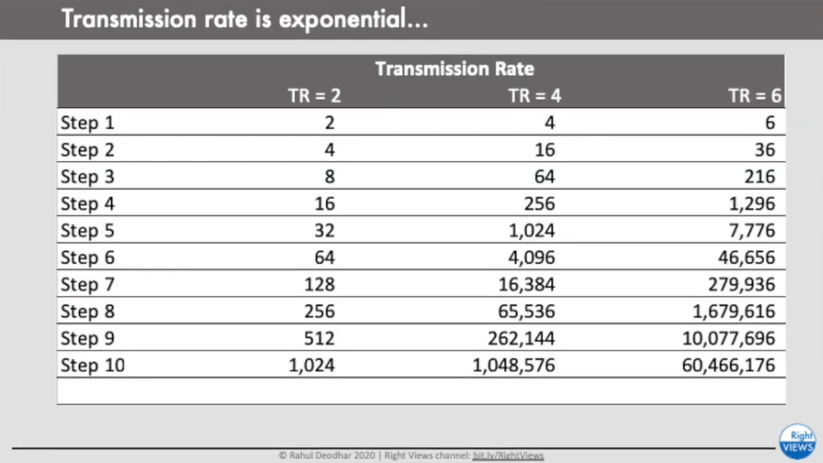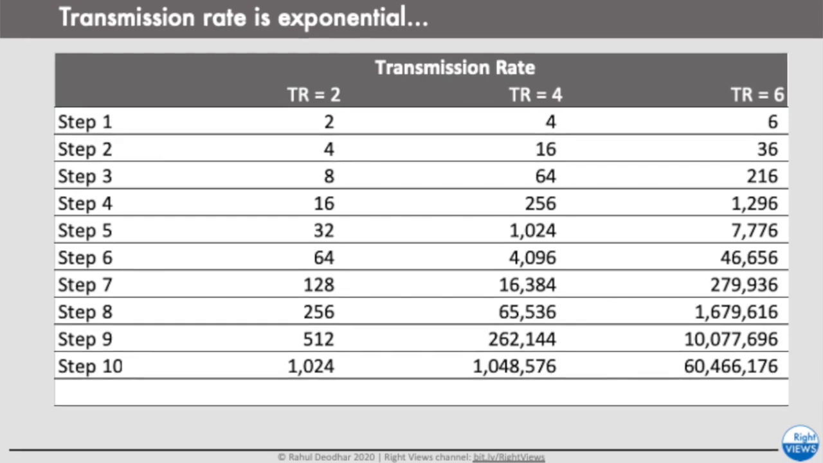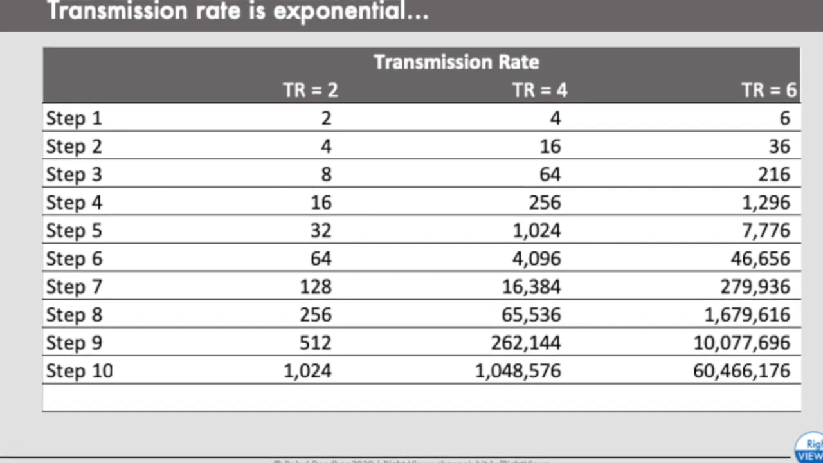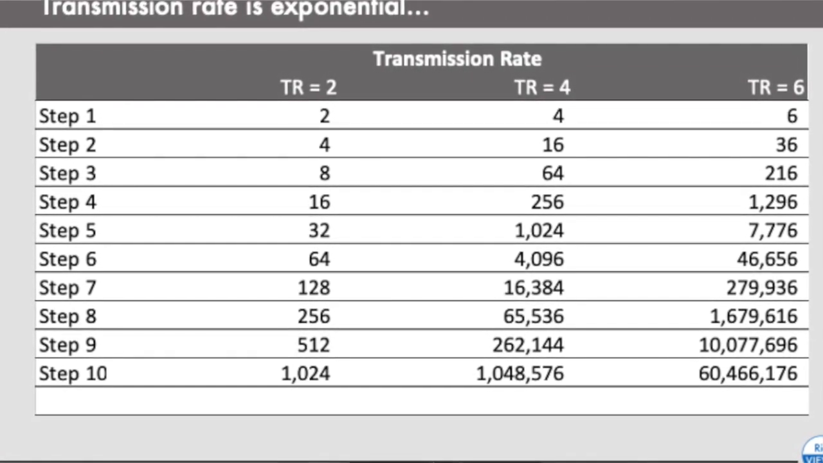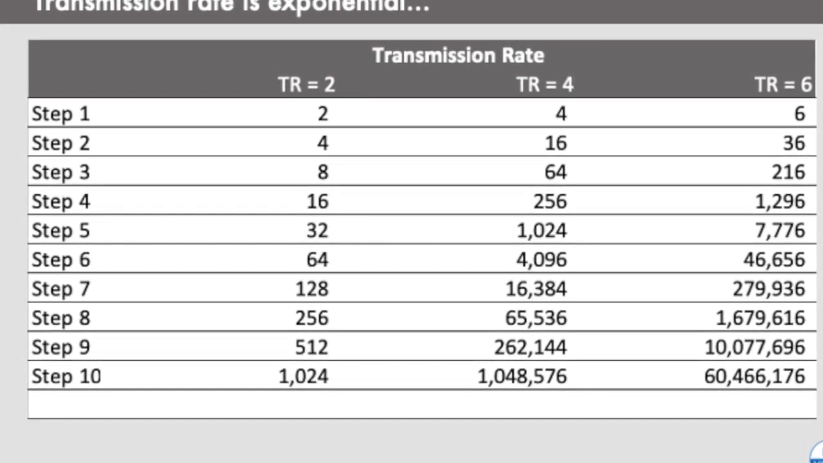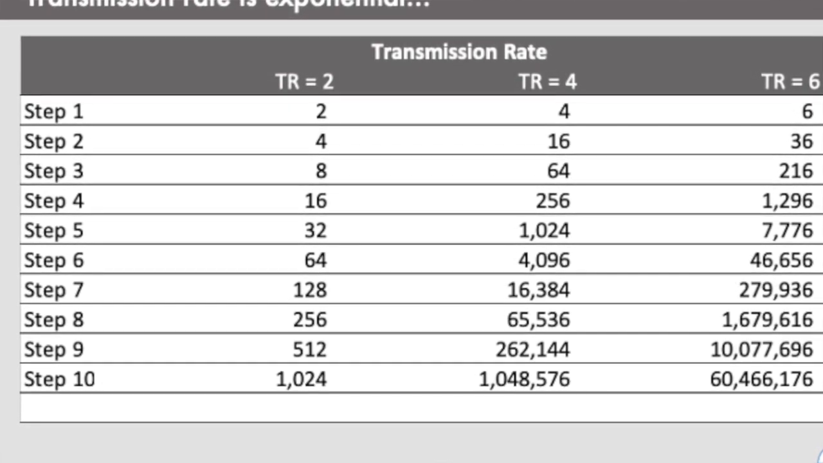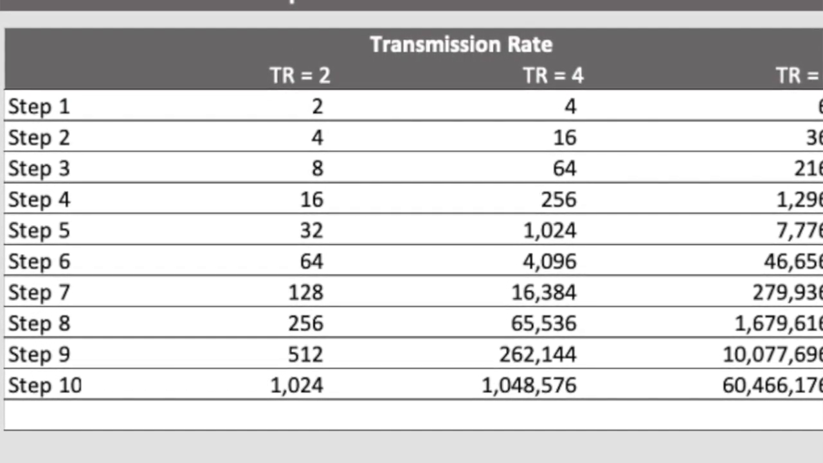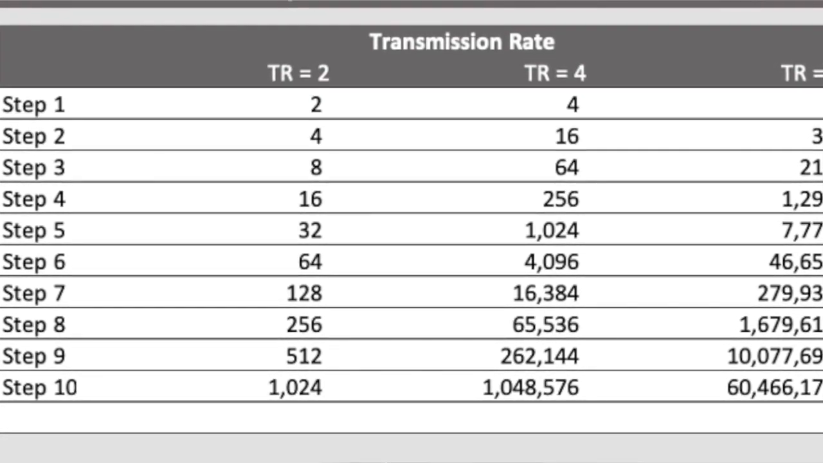This sounds simple because it is 4th grade math, but it is very difficult for the human mind to comprehend these large exponential numbers. Let us look at this chart. This chart tells you that if the transmission rate is 2, then in 10 steps, you will have 1,000 people infected. But if you double the transmission rate to 4, in the same 10 steps, you will have 1 million people infected. If you have a transmission rate of 6, then in the same 10 steps, you will have 60 million